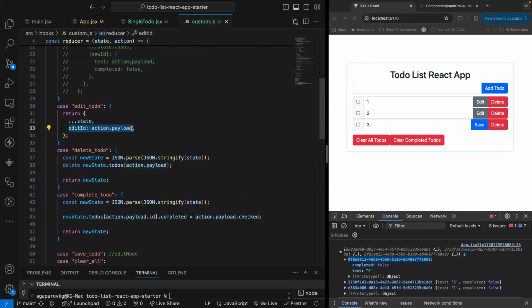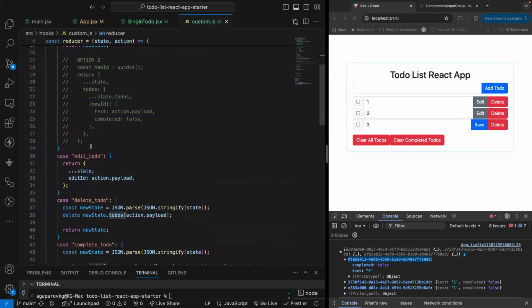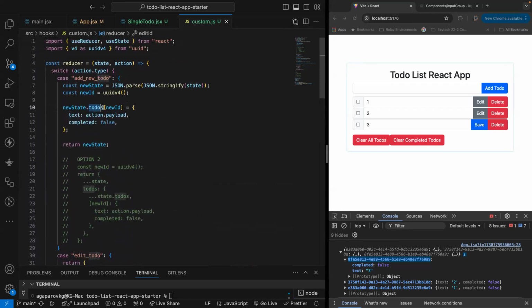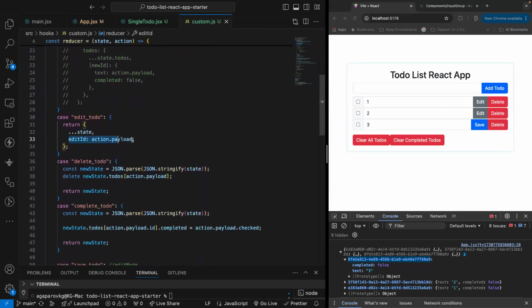If we want to change the initial one, so why then are we trying to add the new to-do? We are creating new state instead of changing the initial one, because we're updating the to-dos in here, but in here we're not updating the to-dos. Okay, but also here in the case we're updating edit ID. I mean, what is the difference between edit ID and to-do? Both of them are part of state. Edit ID is not an object or array. So not like this. Okay, if it's not an array or object, we don't need to create